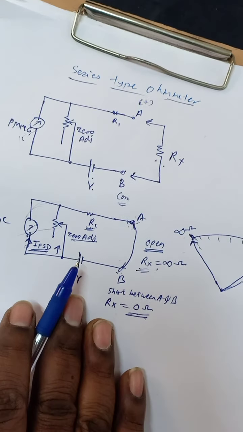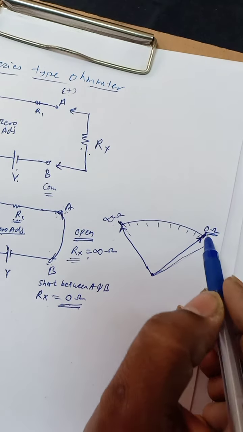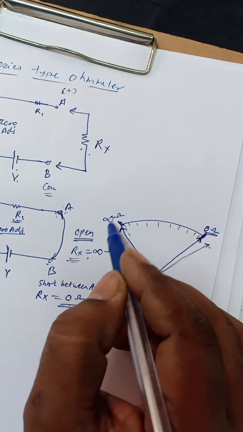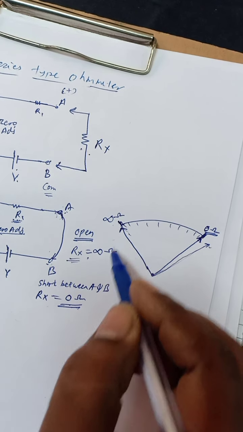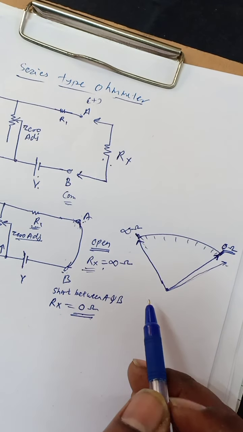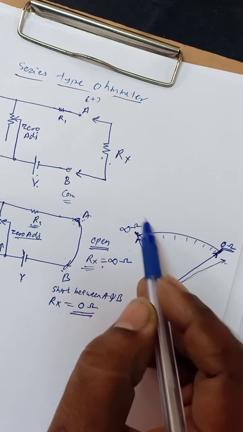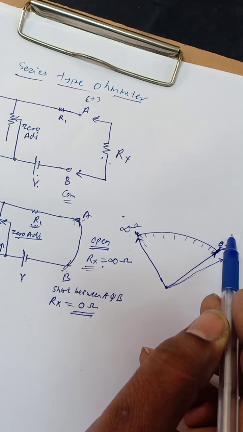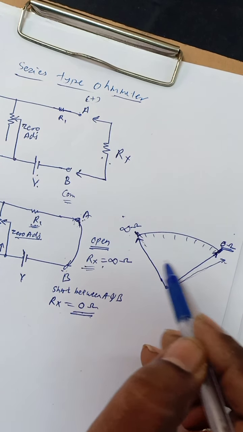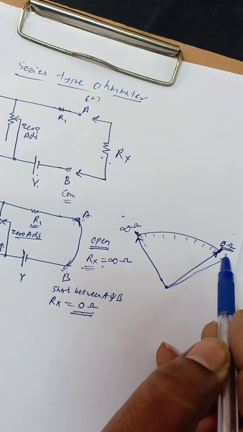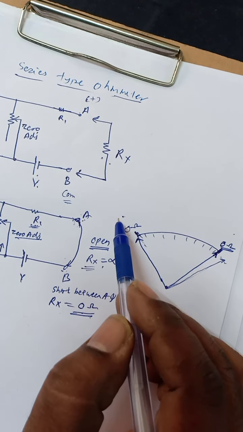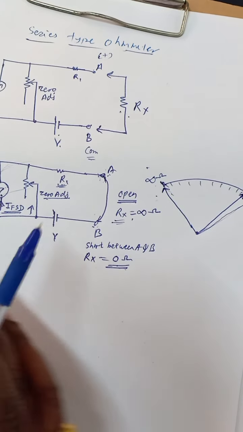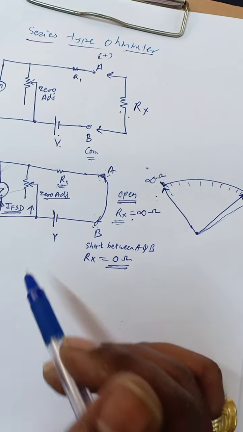So this is a series type ohm meter. This 0 is on the right hand side and infinity on the left hand side. We saw all these current and voltage ranges. For the current and voltage ranges, the 0 is on the left hand side and there is a maximum, whatever the range. But here, this series type ohm meter scale has a right hand side 0. Current and voltage are having left hand side 0. So this is the main difference between the voltage and current ranges and this series type ohm meter.